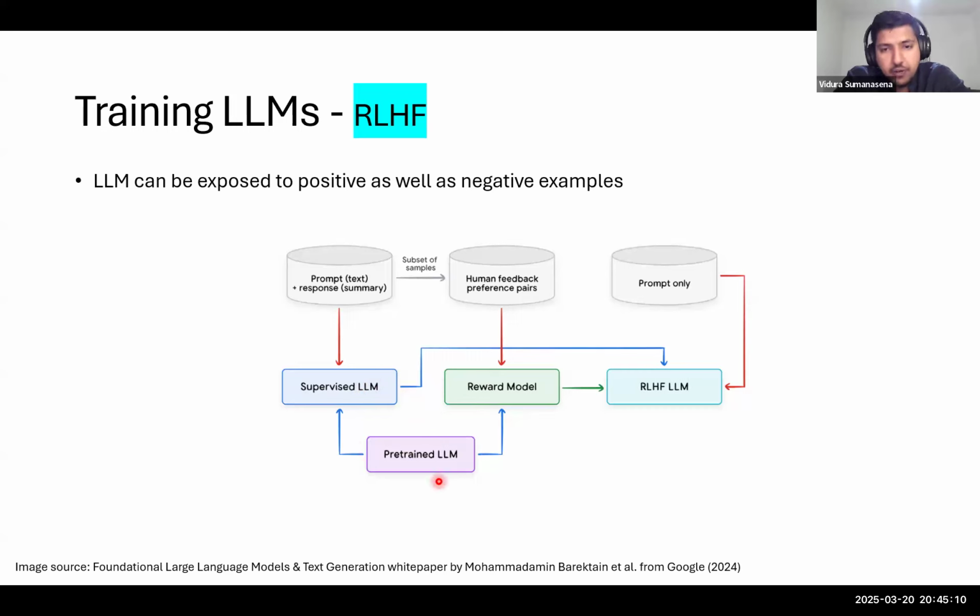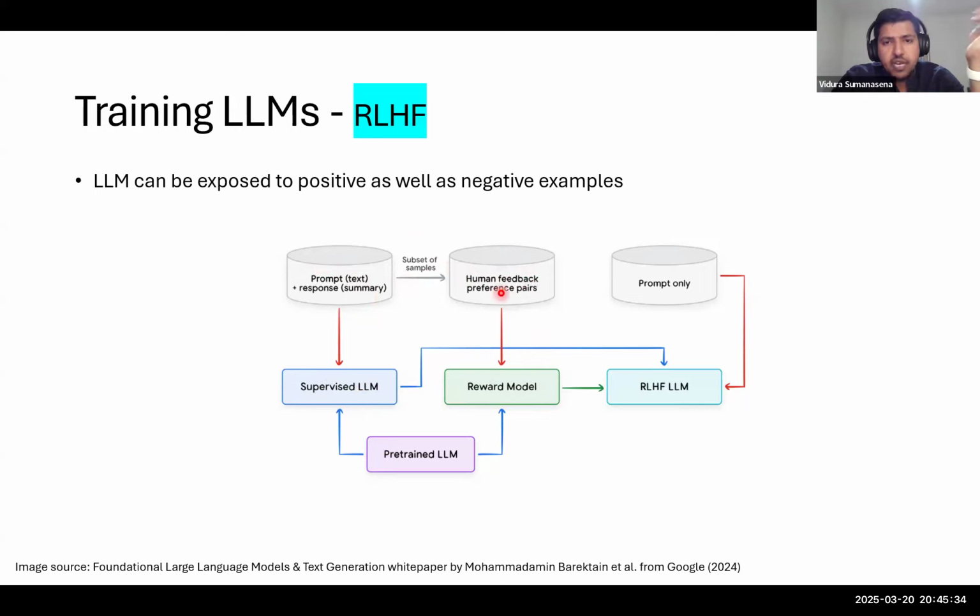And this is then used to train a reward model. Here we use a reinforcement learning technique to come up with some sort of reward. Again, we have a subset of samples from the data set that we had for SFT,